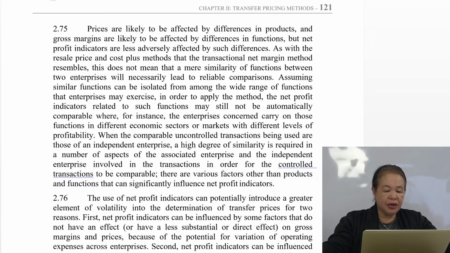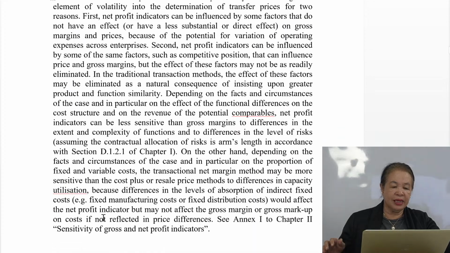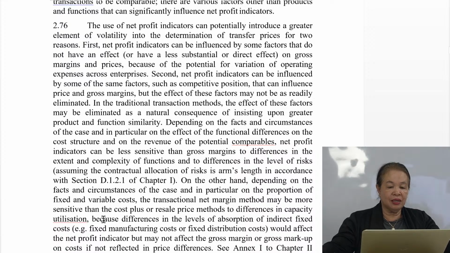Three, there are various factors other than products and functions that can significantly influence net profit indicators, no? So various factors. The use of net profit indicators can potentially introduce a greater element of volatility, no? Volatility into the determination of transfer prices for two reasons. First, net profit indicators can be influenced by some factors that do not have an effect or have a less substantial or direct effect on gross margins and prices, no? So because of the potential for variation of operating expenses across enterprises,